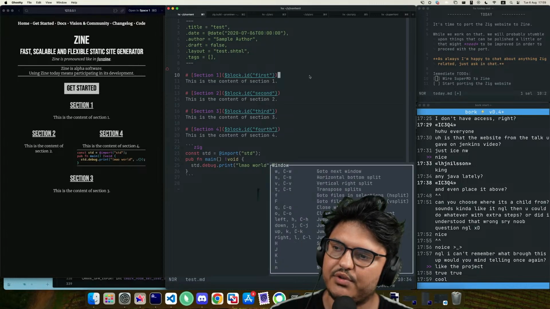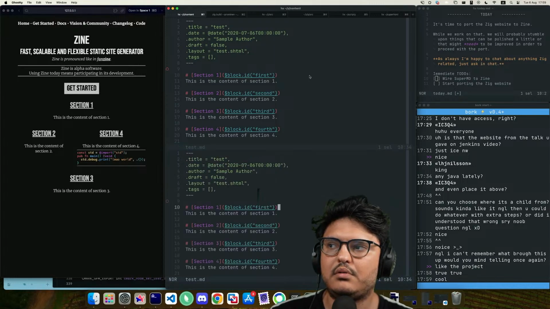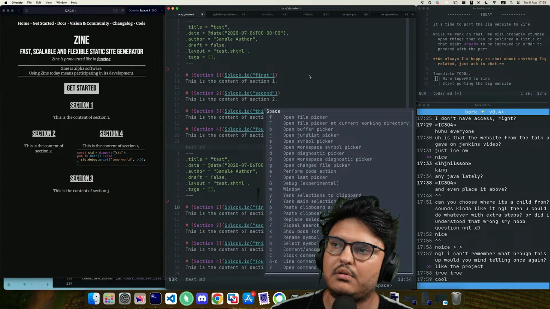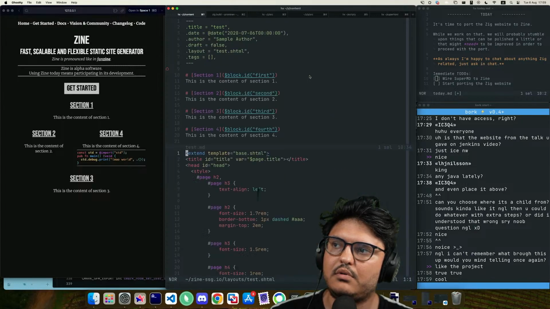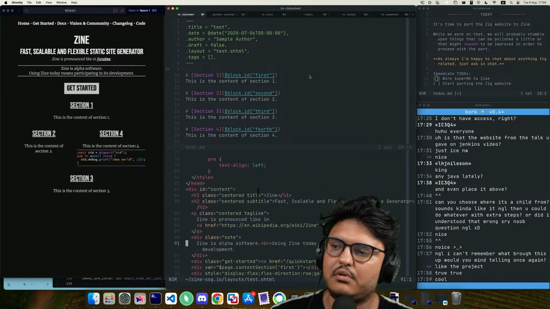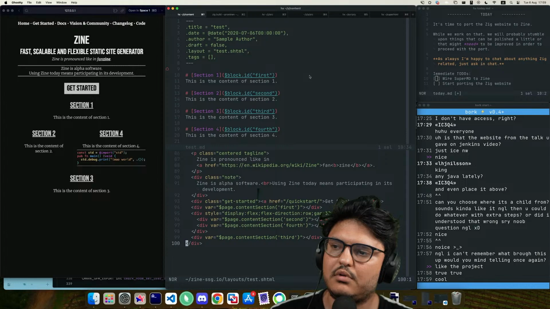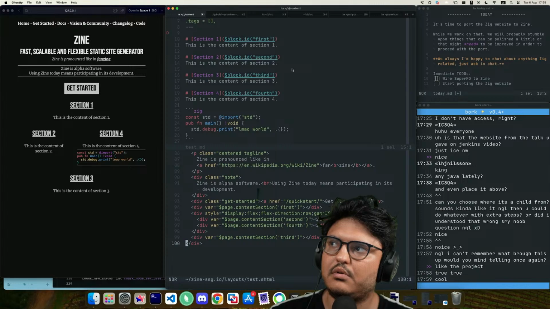So space window V vertical, T transpose splits, S horizontal. So this should explain basically what's going on.